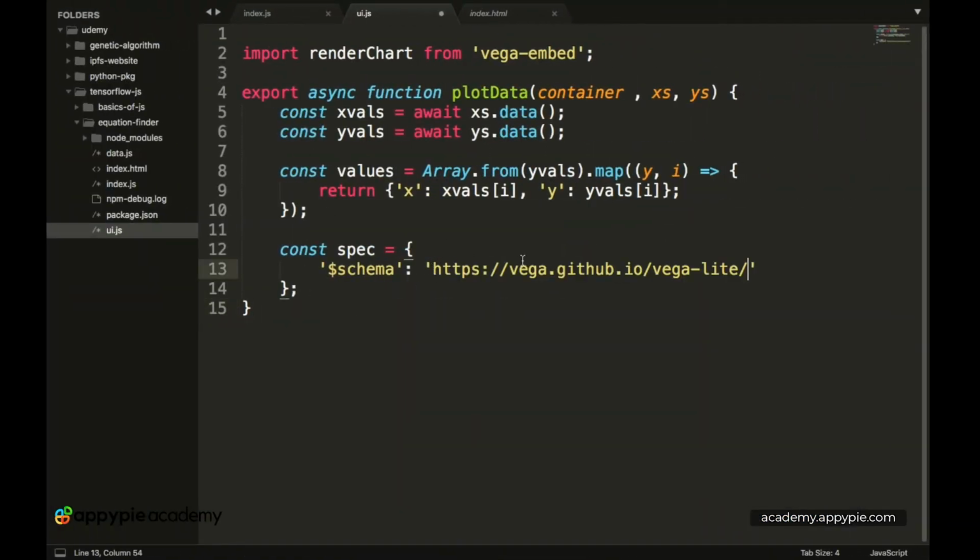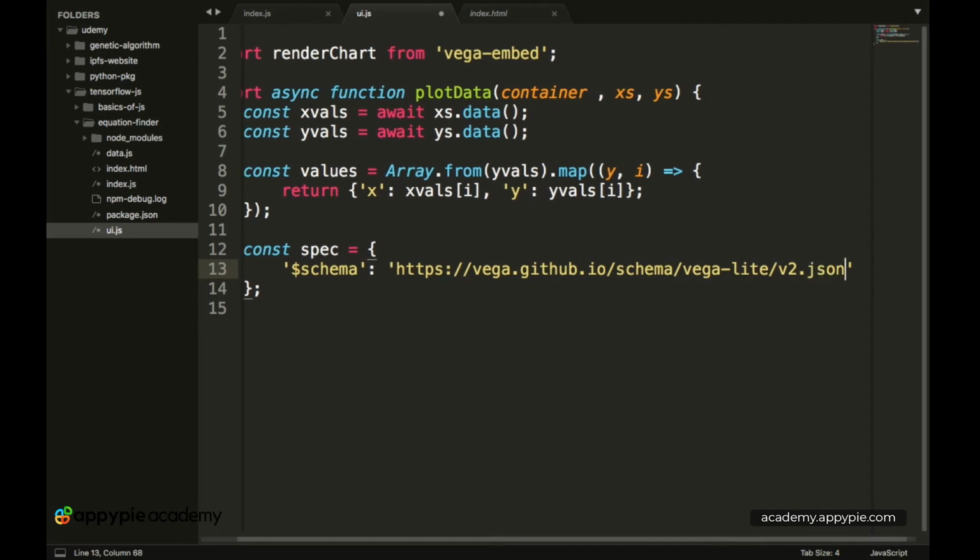So now we have https://vega.github.io/. Now we have to put in schema over here because that is what we are referencing. Then we have vega-lite, and after this we have to refer to the API, so we have v2.json.